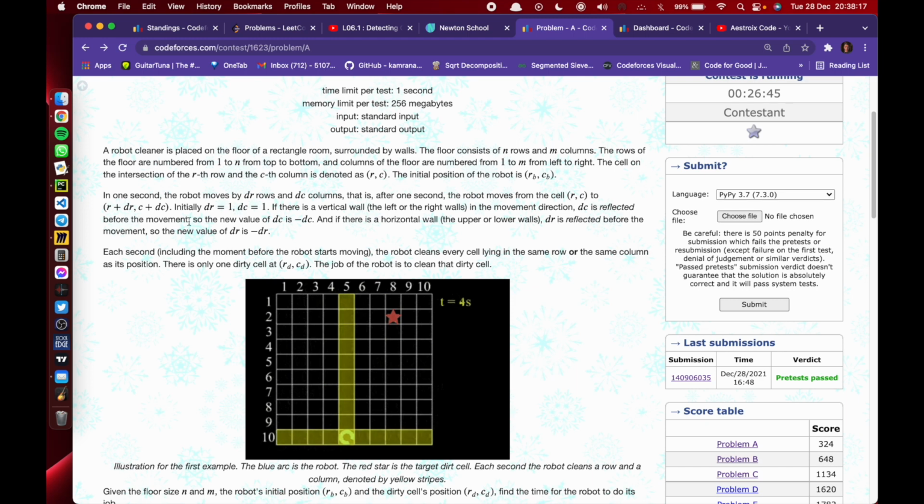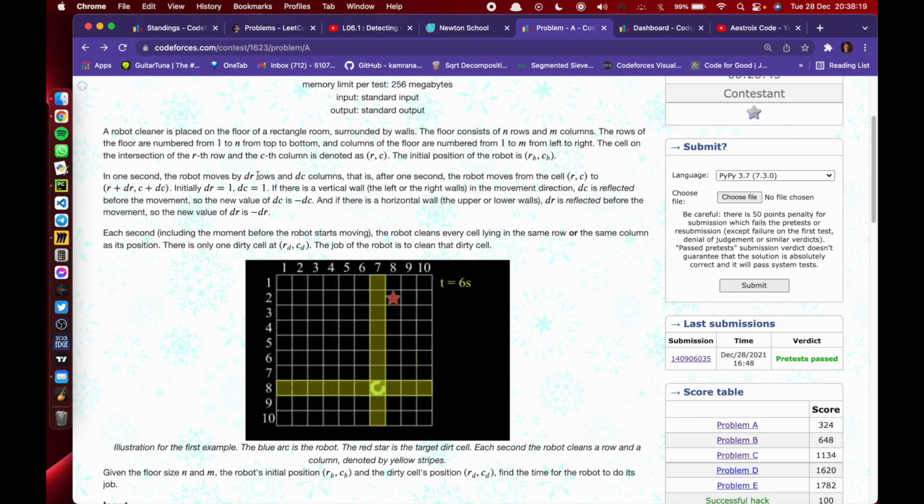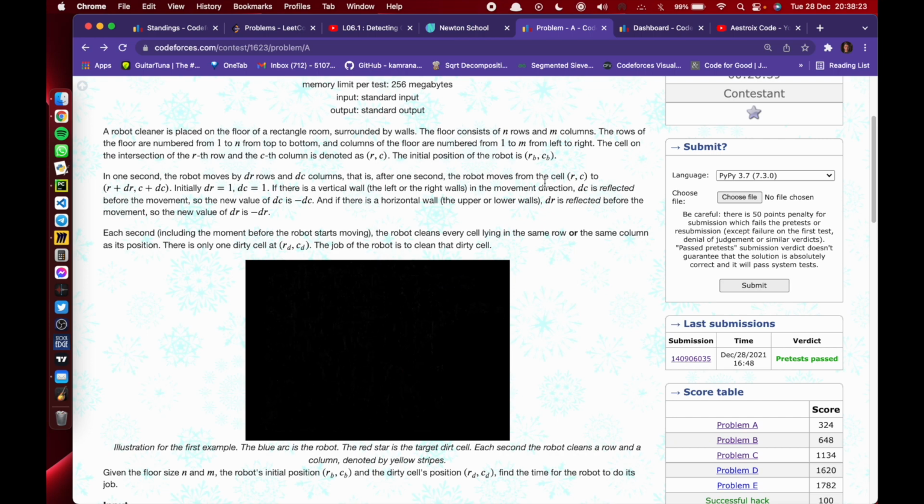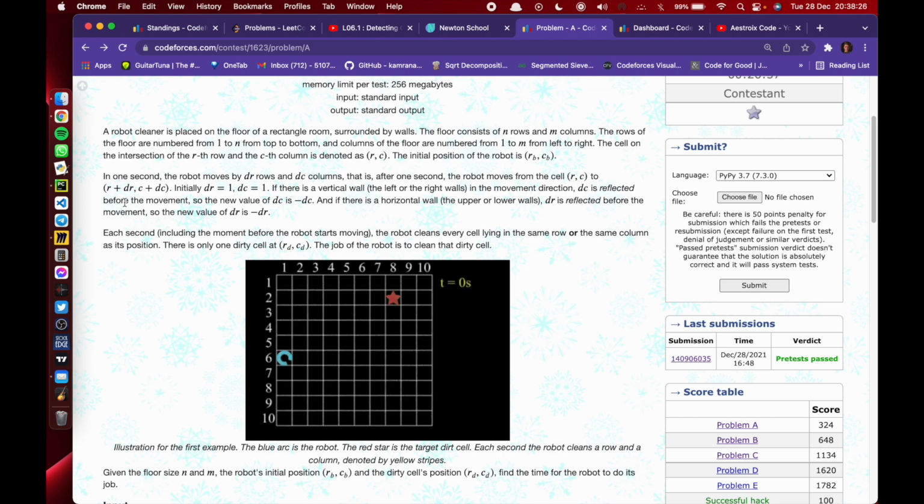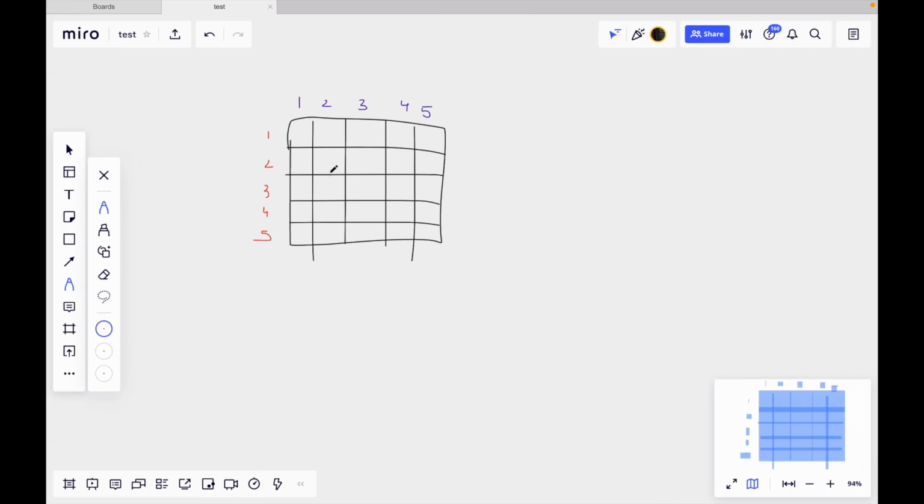Now what we have to do is, in 1 second the robot moves by dr rows and dc columns. That is, after 1 second the robot moves from cell (r, c) to (r + dr, c + dc). What this means is, let's suppose our robot is here. After 1 second it will move dr rows ahead and dc columns ahead.